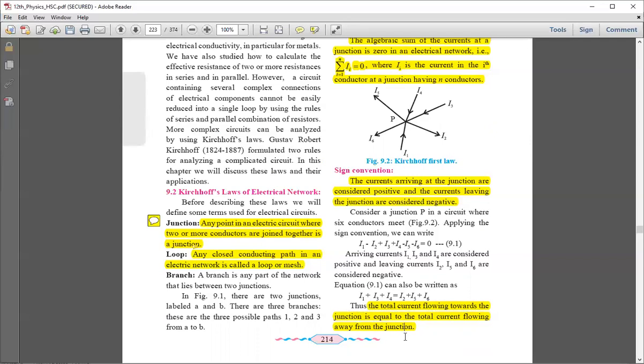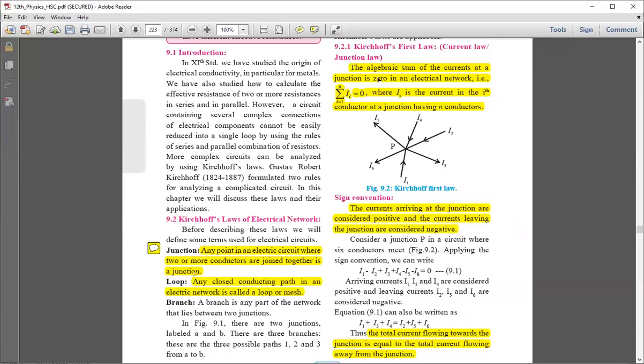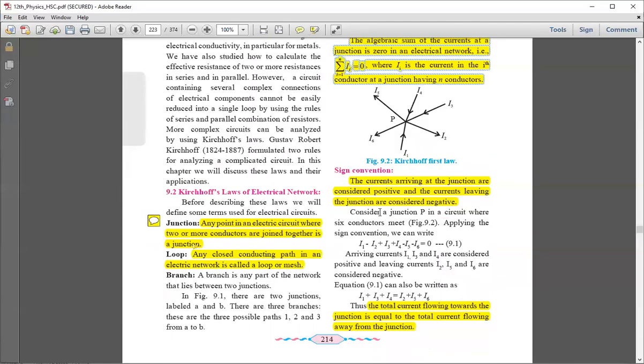In the board exam, the minimum-mark question on Kirchhoff's first law is for 1 mark. Give the statement. For the statement, just write it with this mathematical expression, this whole highlighted part. No need to explain all these things. If it is asked to state and explain Kirchhoff's first law, then give the statement, explain with an example, and write down the sign convention in short form. I recommend that toppers also write this part.